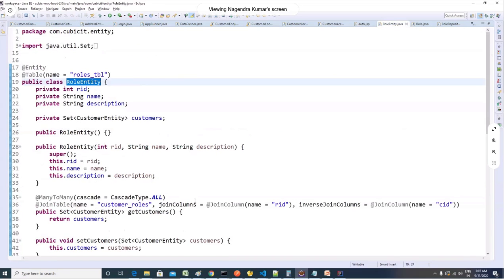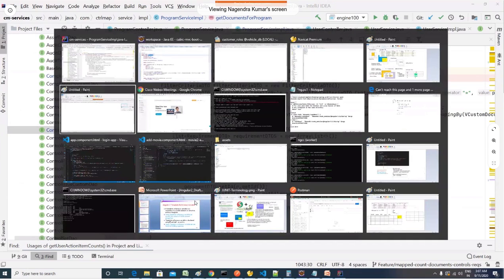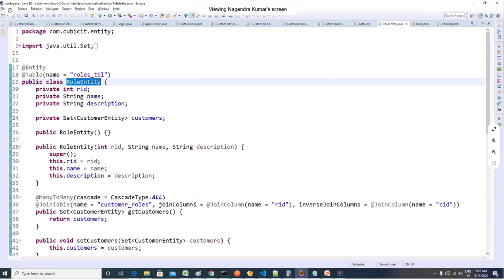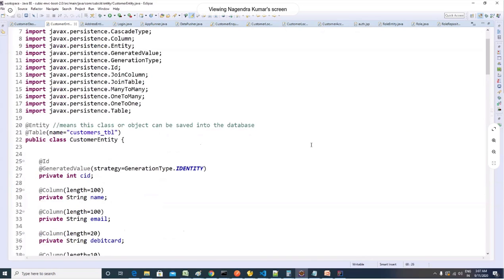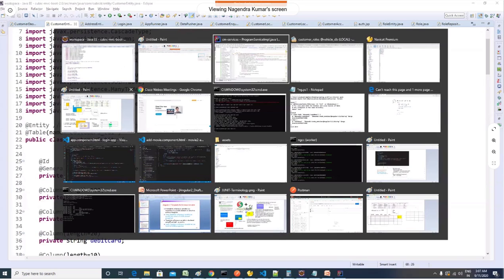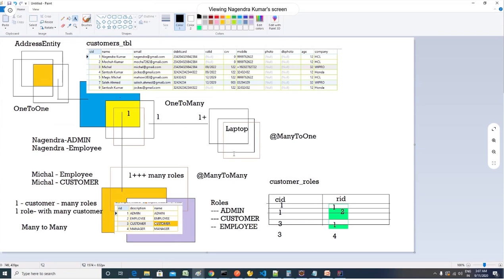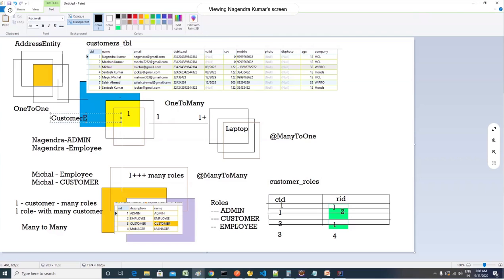So guys, I have done, you need to just know this much only. Whatever I have taught you: one to one, one to many, many to many, and CRUD operations also. If you want to delete the data, you can delete it, you can update it, you can save it, you can fetch it. If you know this much, you can do anything. And the good thing is I have taught you everything only in customer, laptop, address, and role. Remember, we talked about 4 entities only: customer entity, laptop entity, and